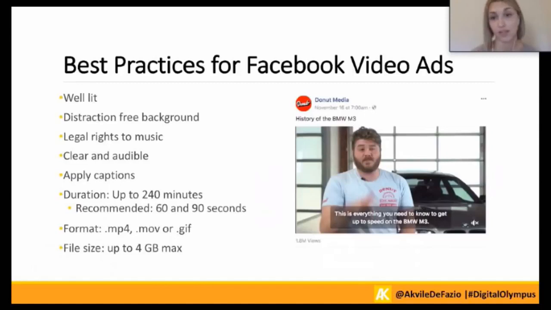So what I always recommend is to test. See if something works for your storyline that's shorter or longer, and see what works best, and keep doing that, and adjust it as you need. But if 60 to 90 seconds works great, then keep doing that. And in terms of format and file size, here are the ones that you will need to upload an ad.